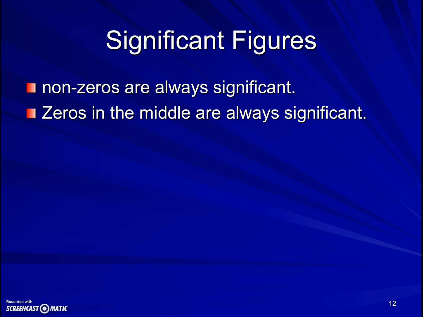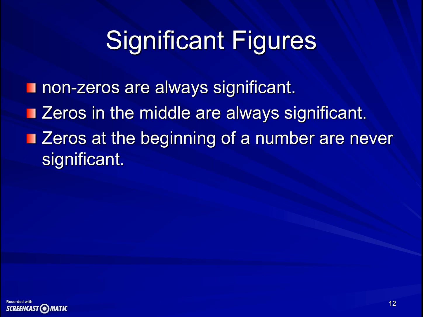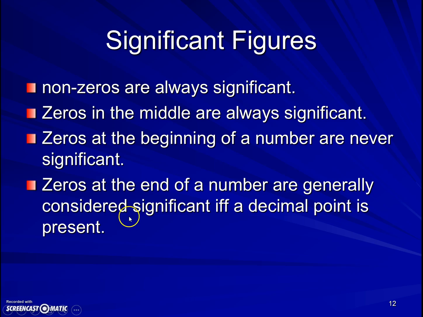And so we have this reporting method that gives not only the value of our measurement or our reported number, but the precision. And so what we'll do is we'll write down our numbers to a certain number of digits, and if there are zeros at the end of the number, they'll be counted as significant digits, as digits that we're sure of. If, notice I spelled if with two F's here, that means if and only if there's a decimal point somewhere